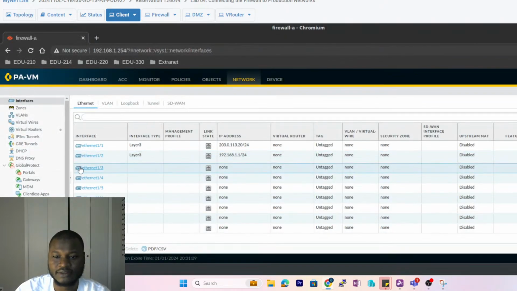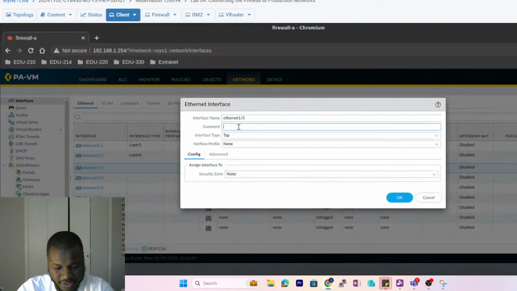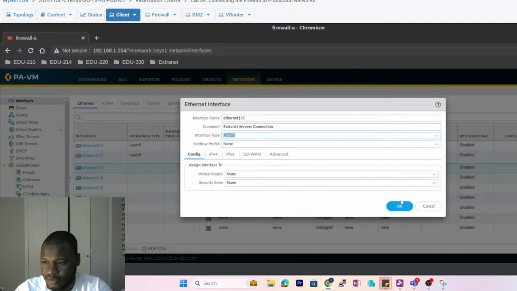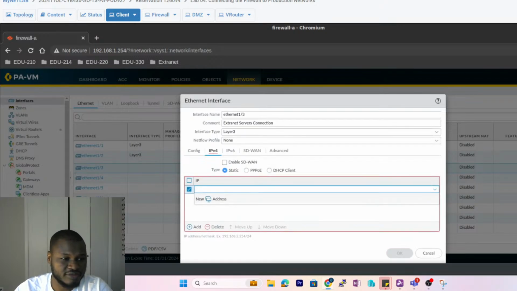So click on that 1/3 and then comment. This is going to be extranet servers connection. Okay, again, this is a layer 3. It's going to be doing packets again. Then go to IPv4, then add the IP address on the interface, and this is going to be